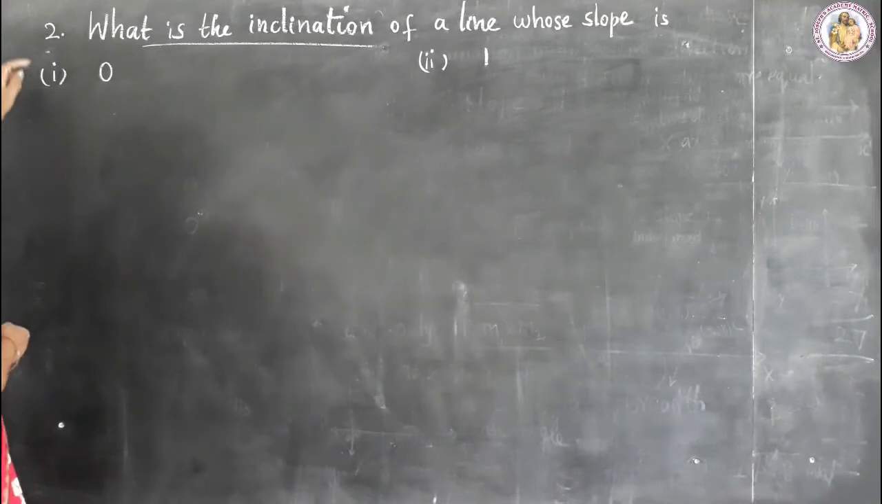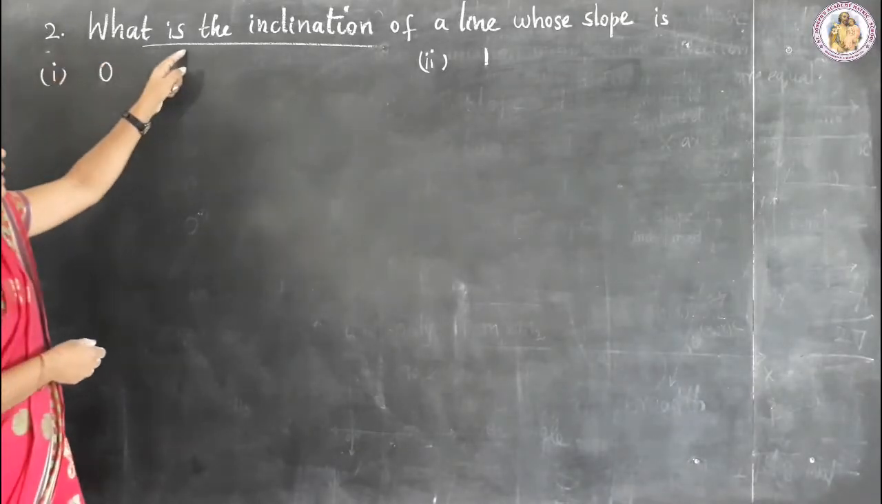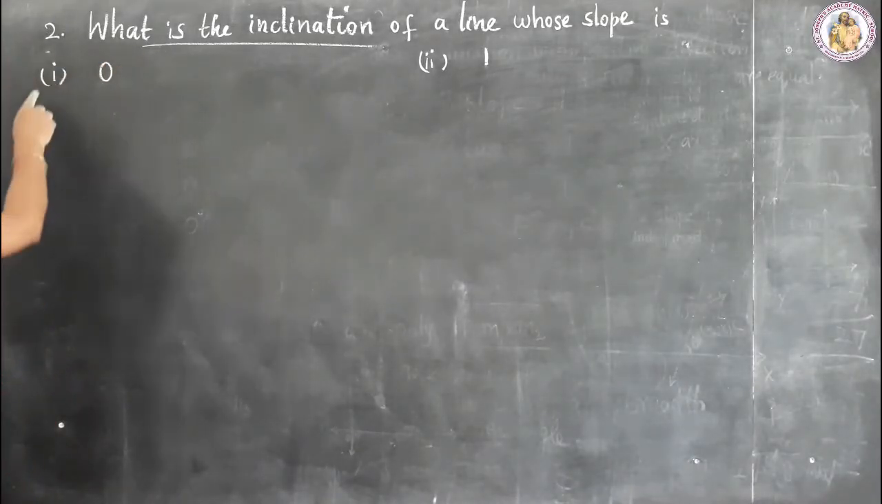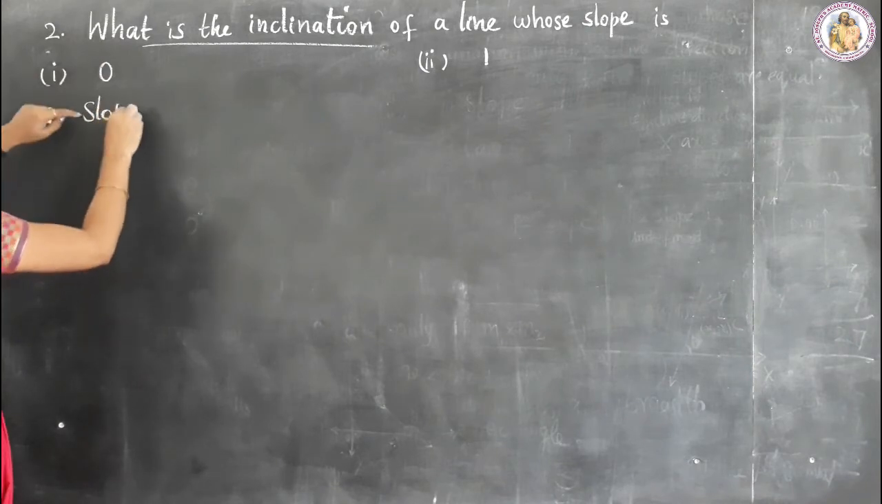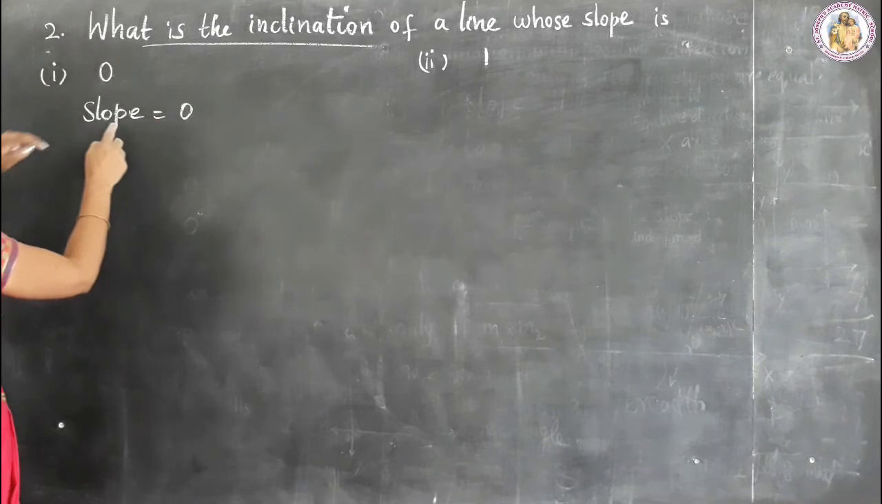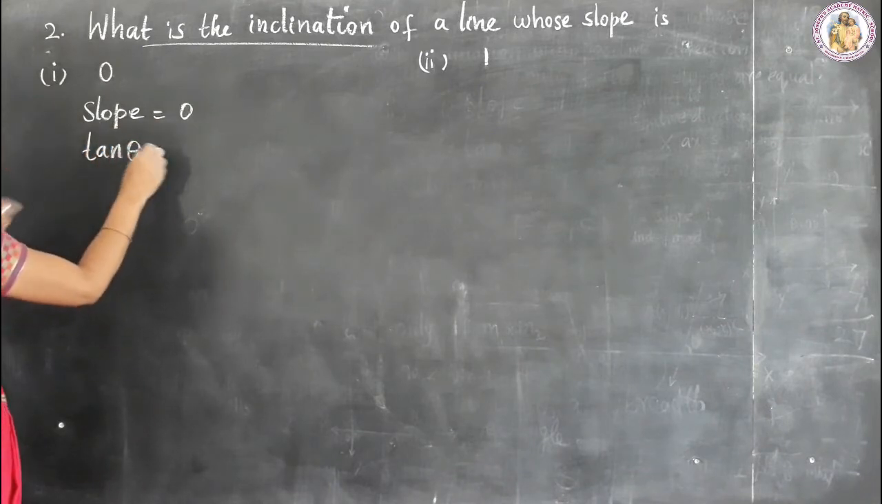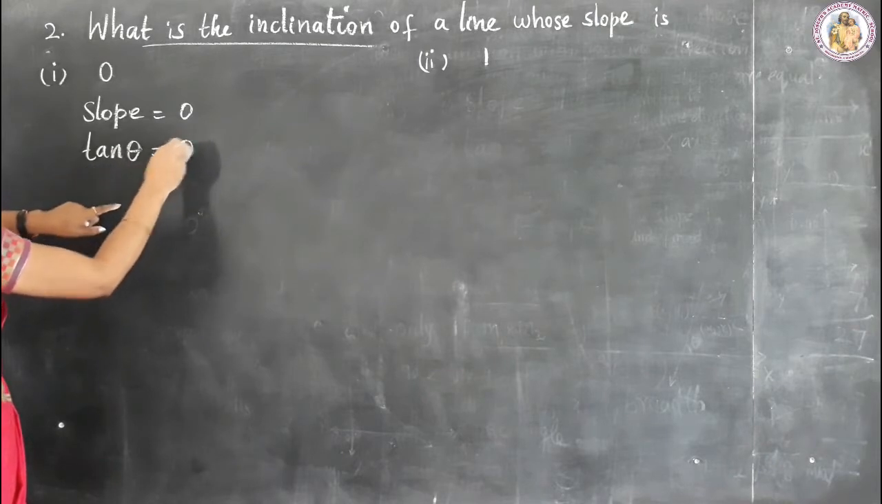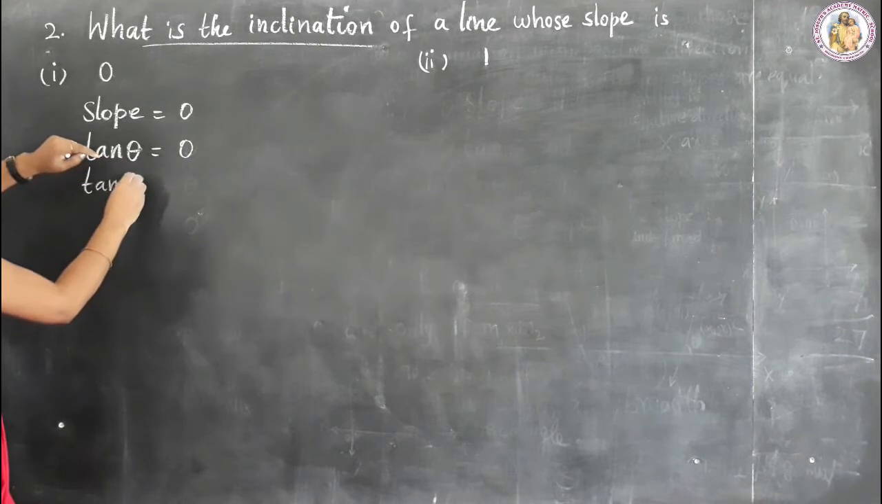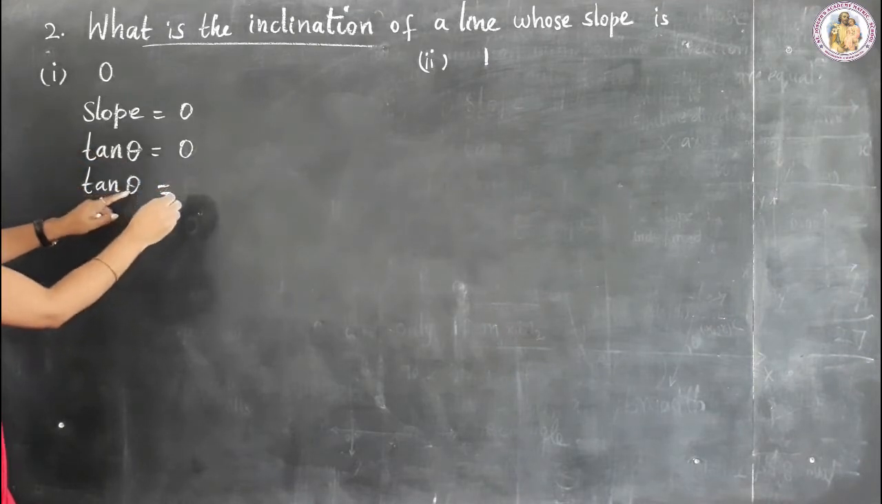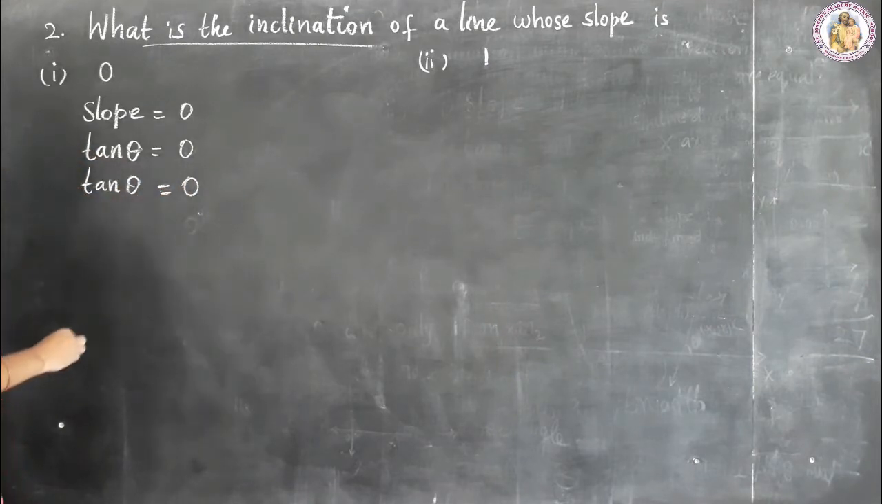Question number 2. What is the inclination of a line whose slope is, sub-question 1, 0. So write this as slope is equal to 0. When slope is equal to 0, m is equal to tan theta, so tan theta is equal to 0. In the next step, tan theta is equal to tan 0, which is 0 degree. So therefore